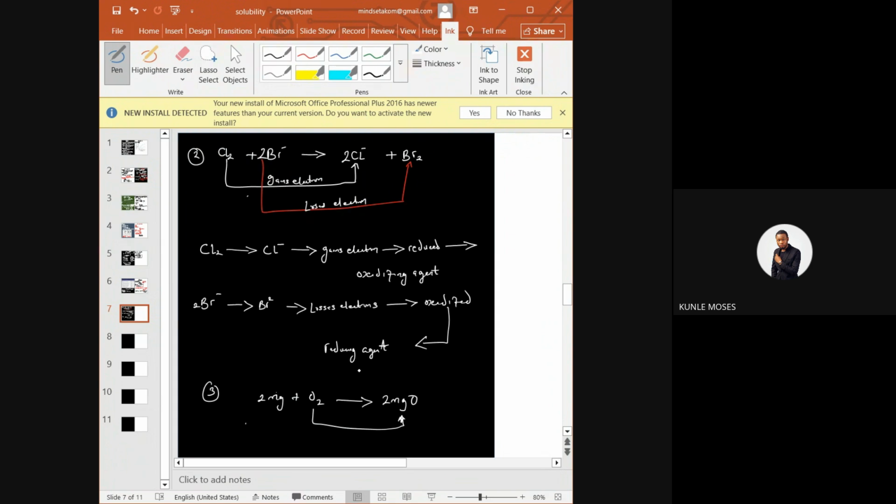Since Mg to MgO has gained oxygen, O2 to O2 minus has gained electron. Therefore O2 will be your oxidizing agent because it has gained electron. So you just do this as